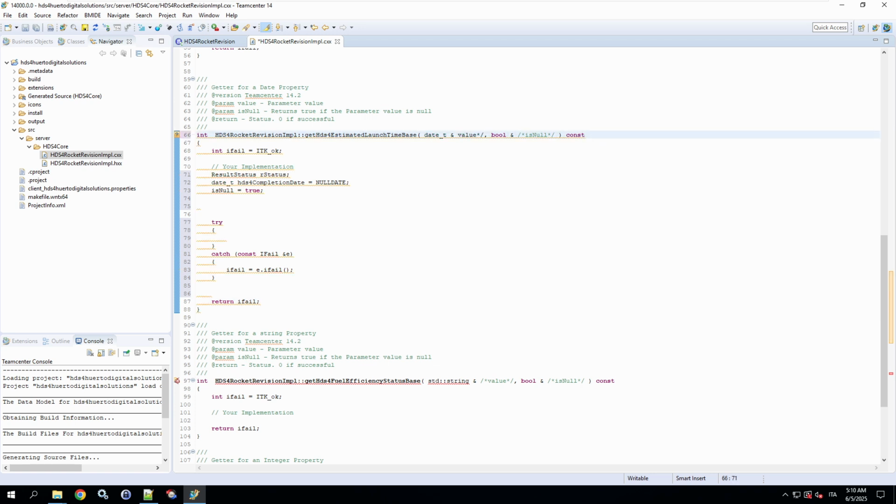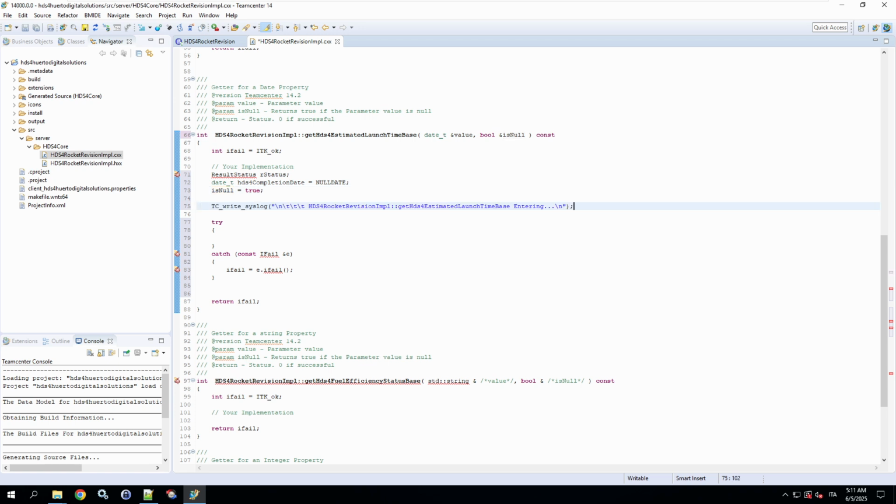First, we uncomment the output parameters by removing the comment symbols, preparing them for use in our code. We declare a result status object to capture any exceptions during Teamcenter calls. It's super handy for error handling. We initialize HDS4 completion date to null date, and the output parameter is null to true. Let's write the code.